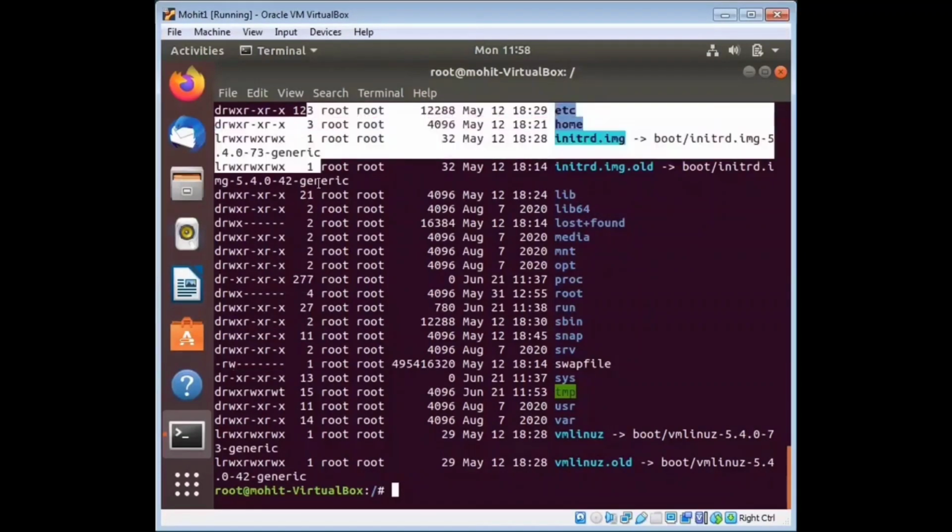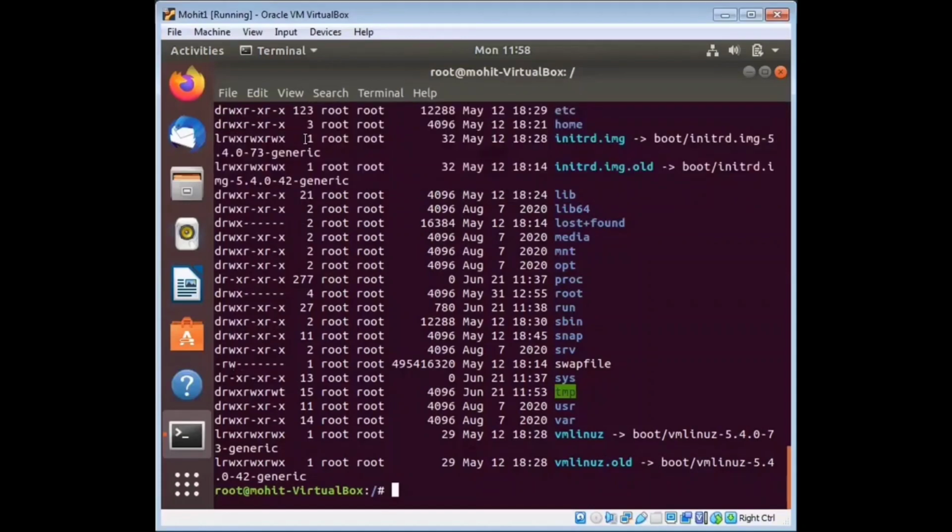Then there are the links: 1, 2, 3, 3, 1, 1, 21. This is the number of links. The field specifies the number of links for that file. A 1 indicates only one link to this file.